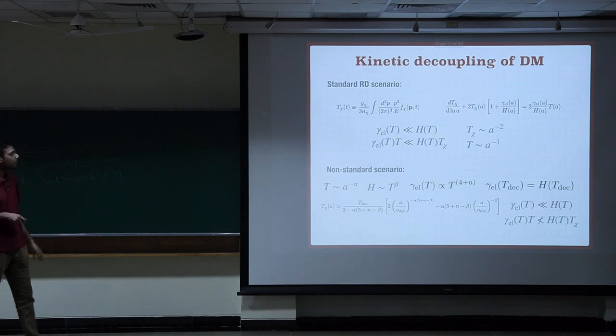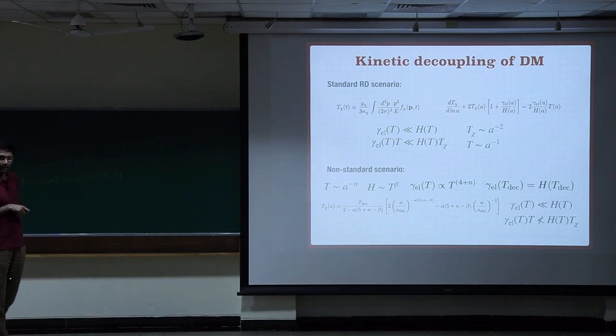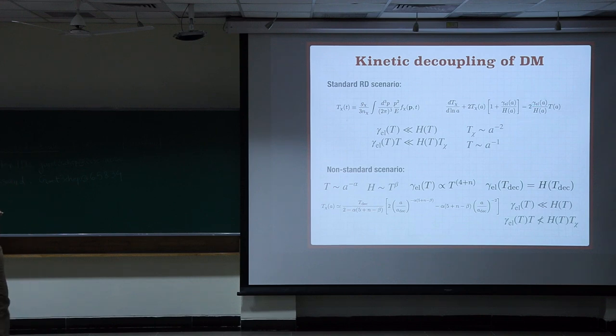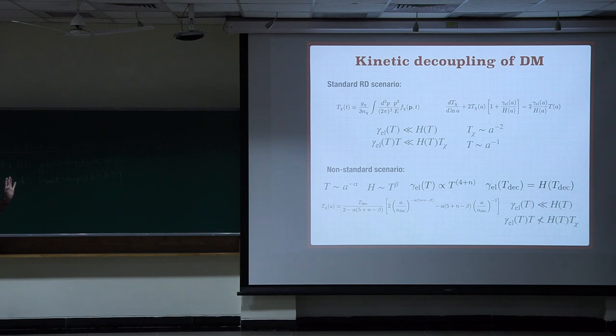So one can go via, in a short way, the temperature, which is usually defined like this from the distribution function, and they follow an equation. This is the dark matter temperature T chi, and T being the temperature of the bath. Now you can see that when these two terms are very small, the temperature of the dark matter falls as a to the power minus 2, whereas we know that the temperature of the bath falls as a to the power minus 1. So that means the temperature of the dark matter falls faster and they decouple. This is the standard radiation dominated picture.